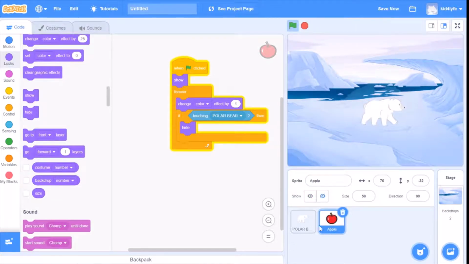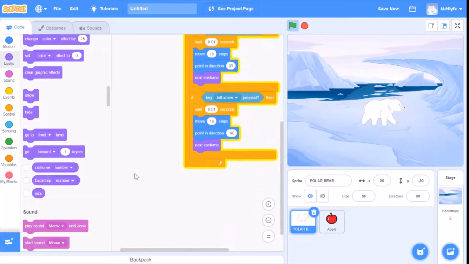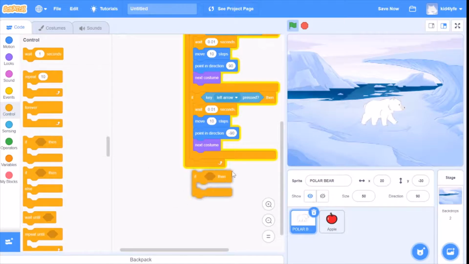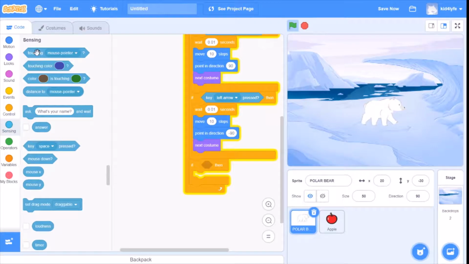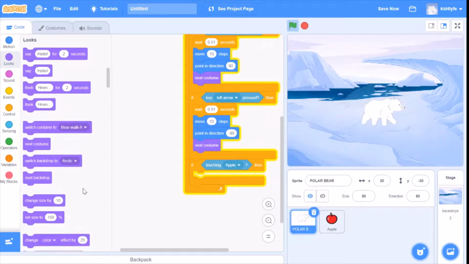Nothing happened yet. So what we want to do for this is add another if. We go to sensing, if is touching apple, then we want it to grow. Change size by 20. So now if you see,